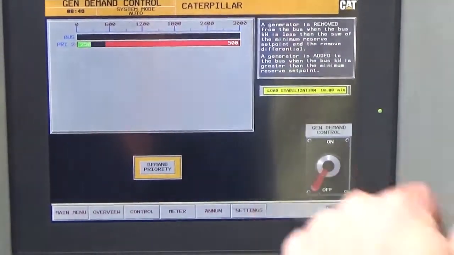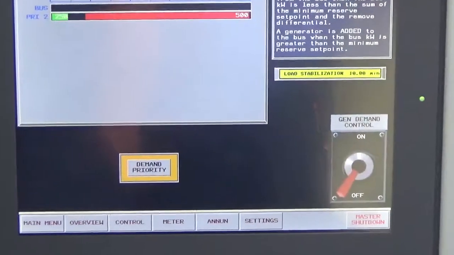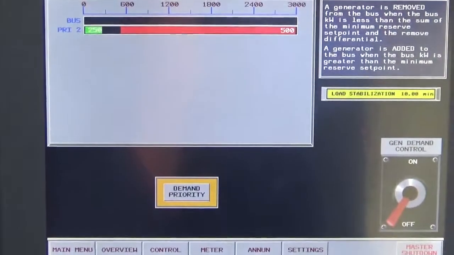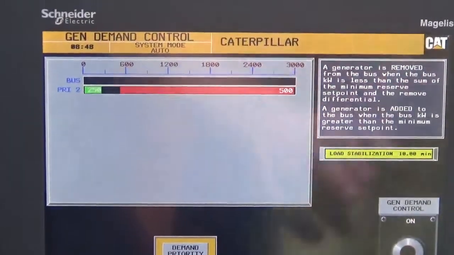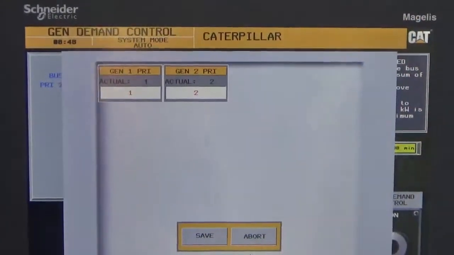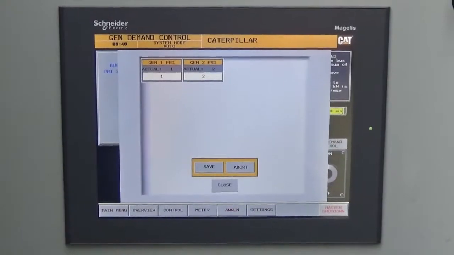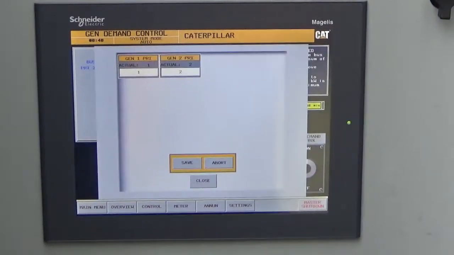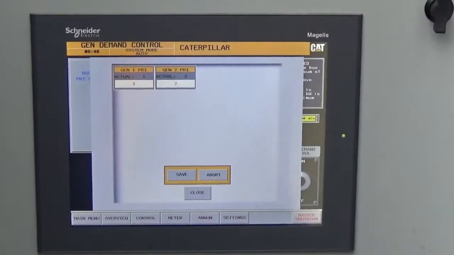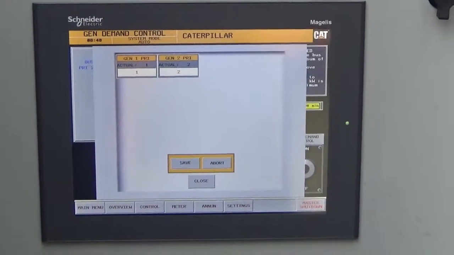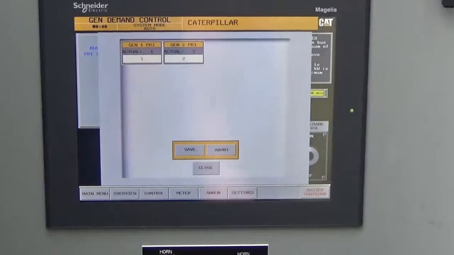Now if you look, there's another button right there that says demand priority. That's setting the priority of each generator, which one you want to actually stay online. So hit priority. Right now Gen 1 is your priority 1, so Gen 1 would be the one that stays online first. Say for instance Gen 1 starts accumulating more hours than Gen 2 and you want to switch it, so then you have about the same amount of hours. You would just go in here and you would